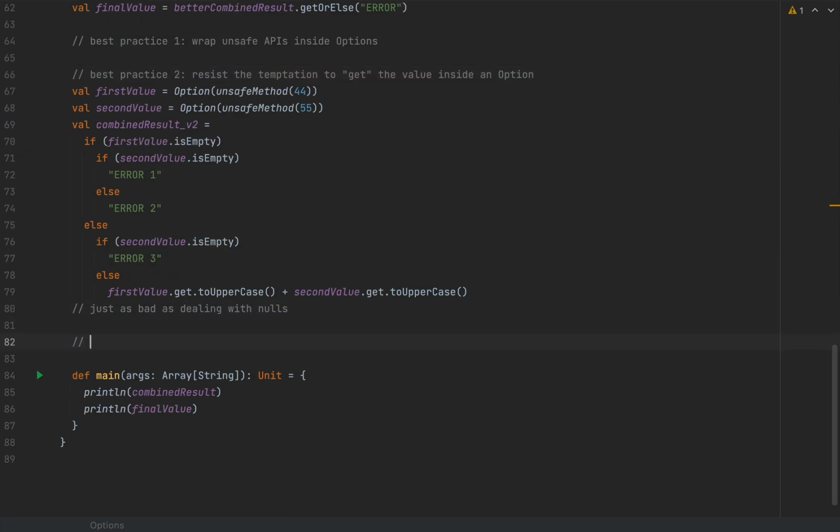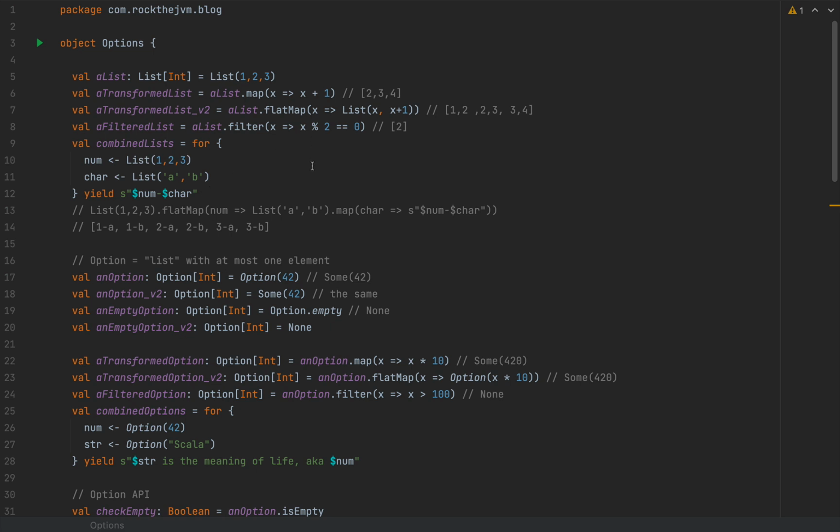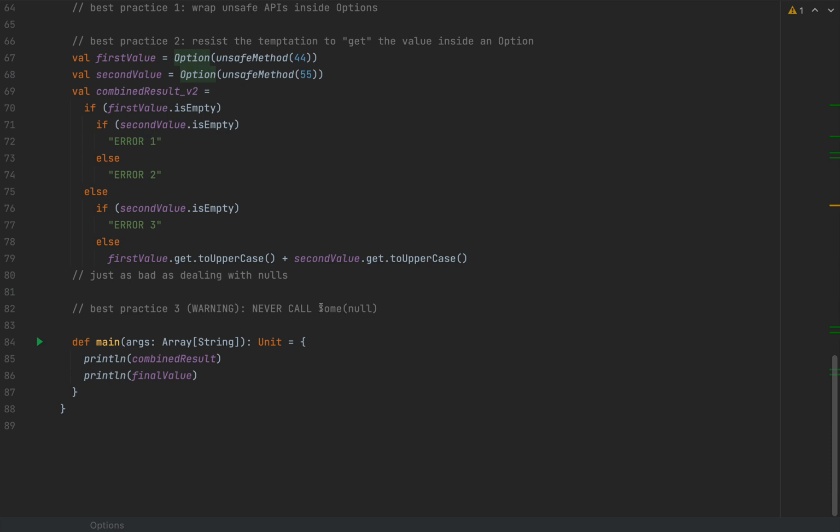And I'm going to give you a final best practice, and I'm actually going to call this best practice number 3, which is a warning, because I'm going to haunt you in your sleep if you ever do this. Never call Some with a null inside. This is why we try to avoid building Some and None explicitly. We rather resort to the Option constructor with a potential value which might be null, because if you by accident